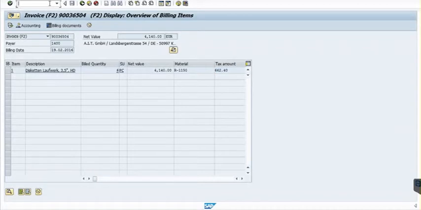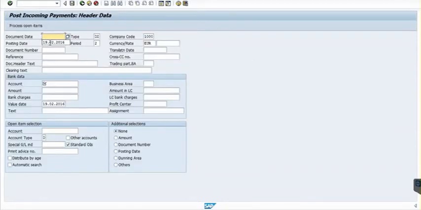So we go back to our payment page, put today's date, and we put here the amount including the taxes. Let us process these.